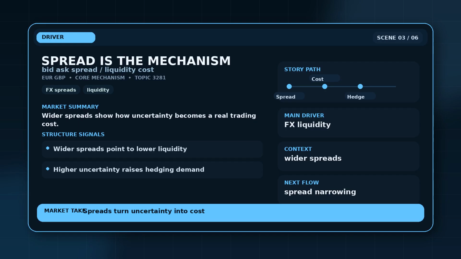The mechanism is political risk being converted into transaction cost and currency premium. In plain English, when outcomes are harder to predict, traders demand compensation and quote wider prices. For EUR GBP, that mechanism matters because the pair can move even without a major data surprise if political clarity worsens on one side. The stress point is specific, whether investors keep hedging exposure or decide the premium is already priced in. This is the part that makes the headline useful, because it explains why one level, deadline, filing, reserve figure, integration, or data point can change behavior.